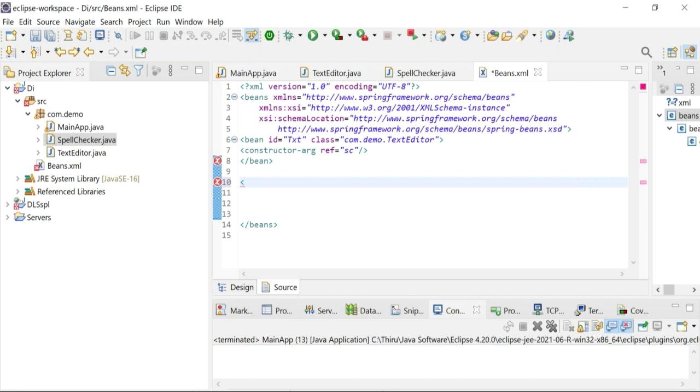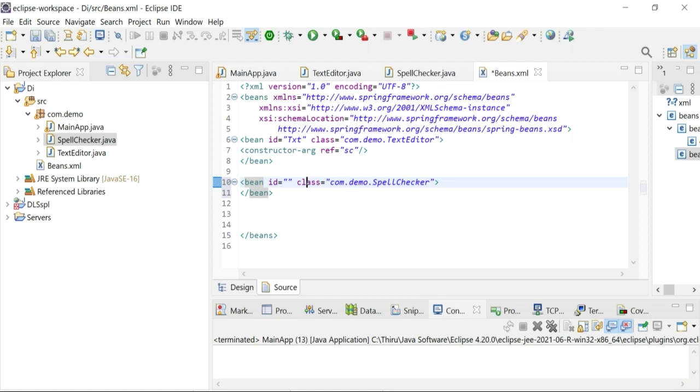And then we are going to define one more bean, which is spell checker. For this, two attributes: one is ID and the other is the class attribute. Within the class attribute, give the class name, which resides in com.demo.SpellChecker.